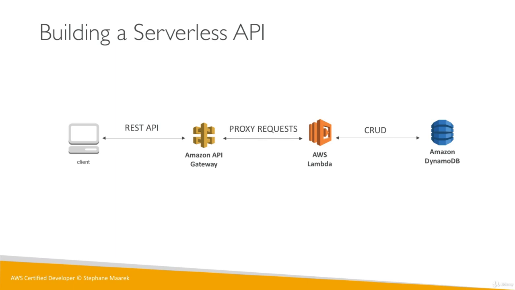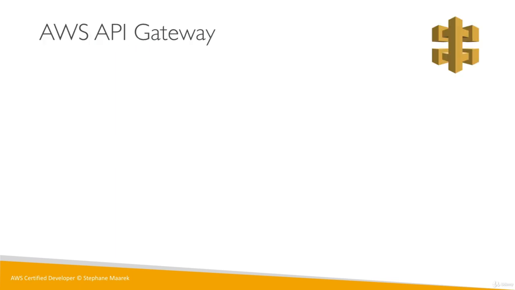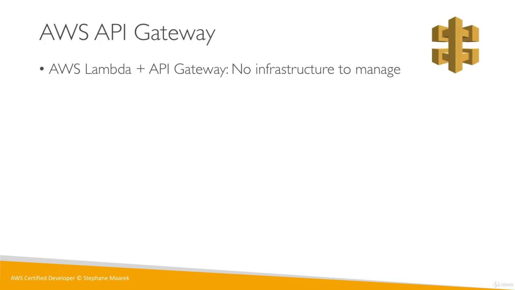The reason we have an API Gateway is that we can have more control over what the client can and cannot do, and we can defer the business logic and how these requests should be handled to AWS Lambda. So overall, it makes sense. API Gateway is going to have an integration with Amazon Lambda, and overall that gives you no infrastructure to manage, and that gives you a serverless REST API.